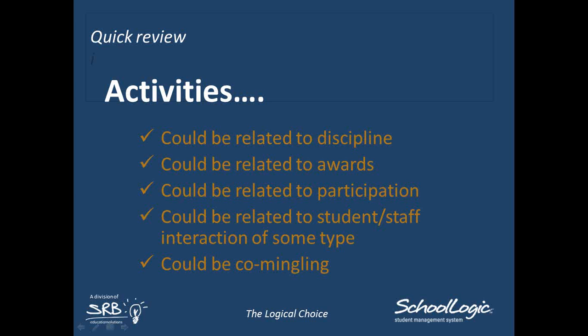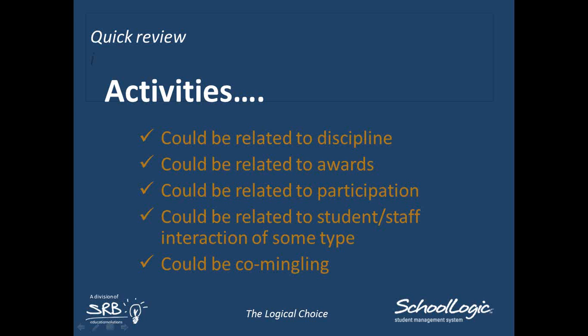When you run these reports, you get to filter by that event type, which is really the contents of your correspondence type lookup table. So what's to say you might not set up your lookup table with a co-mingling of intentions? Perhaps you store your participation and achievement information and something like that series of college prep meetings I showed you. You could choose to report on only one of those areas when you run the reports.